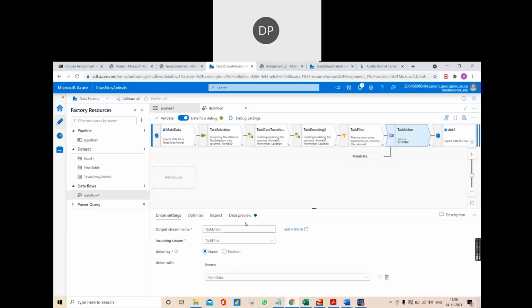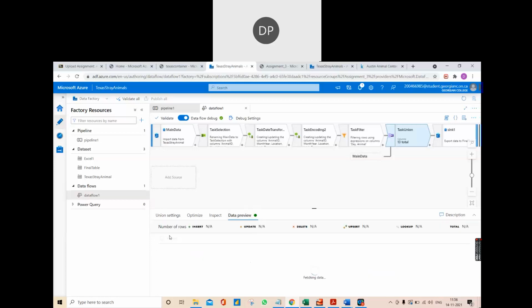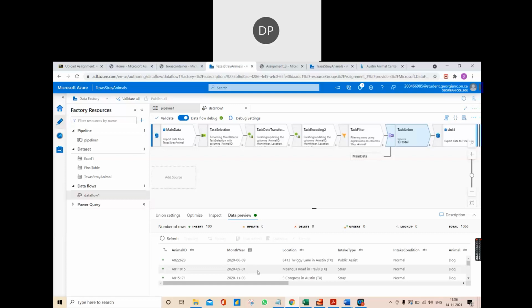Now the data preview. Yeah, so as you can see, this is the data preview of the current task after the union.